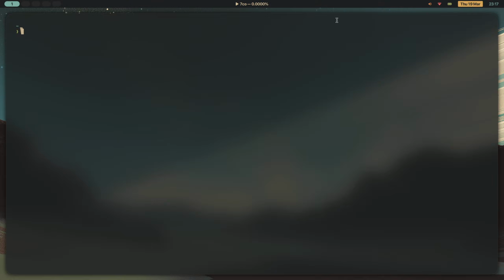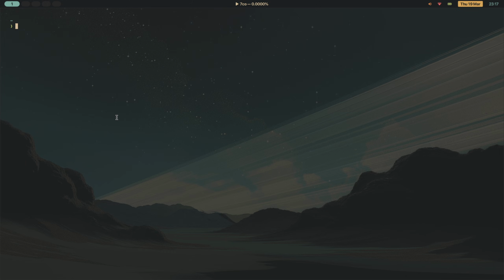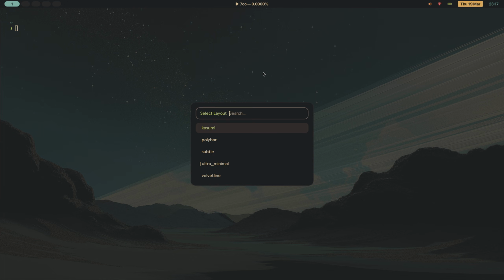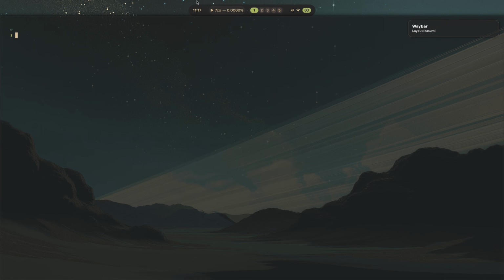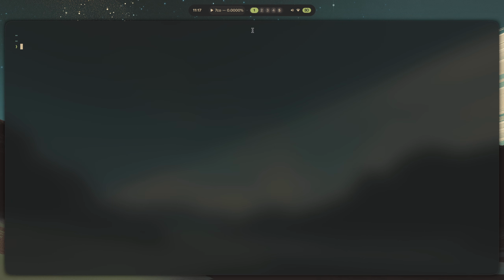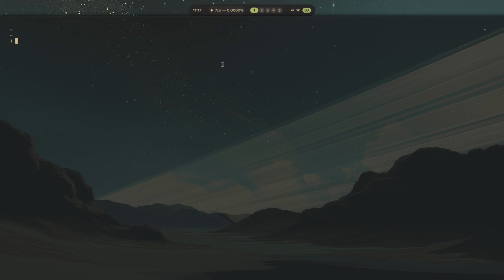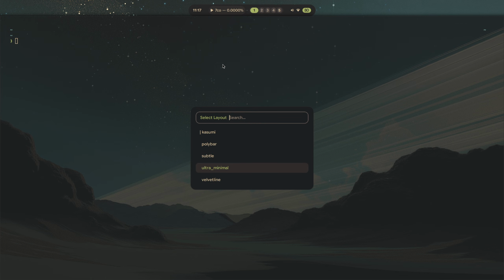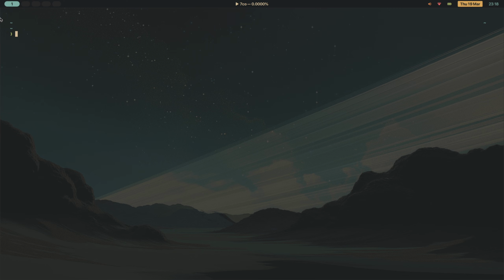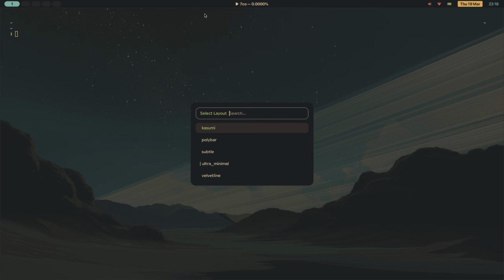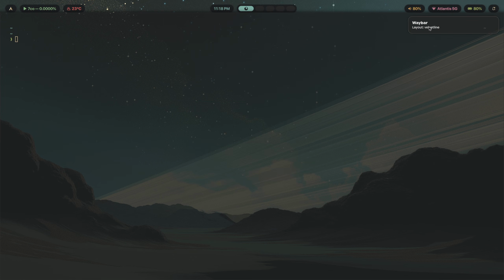This is for when I actually want the windows to be flush against the bar. If you have a floating bar, of course, it's going to be weird because there's actually margins around the bar at the top, left and right. Now, it looks weird when you have the windows flush against the bar like this. And so whenever I want the maximum amount of space, I just keep my bar to ultra minimal so that I get the maximum amount of space being taken up by the window as well as the window being flush against the bar. Now, lastly, I have Velvet Line, which is the one that I use by default, and it